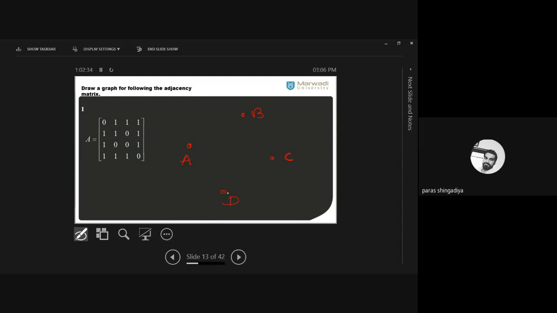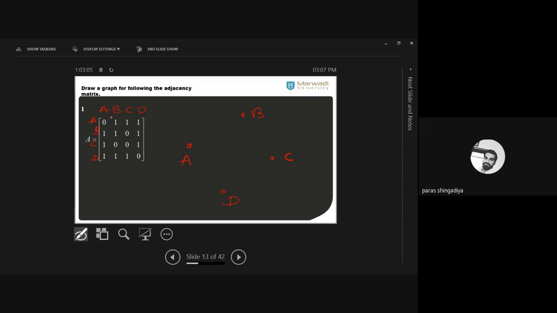In this matrix, notation is not mentioned. If it is required, you can mention it to remove the confusion. Otherwise, we can also create the graph directly based on the data. If required, place A, B, C, D as rows and columns. So let's put their A, B, C, D notations: A, B, C, and D. That is A, B, C, and D. Okay?